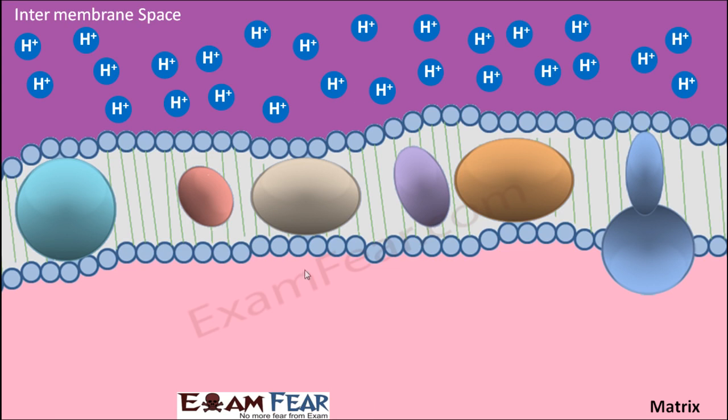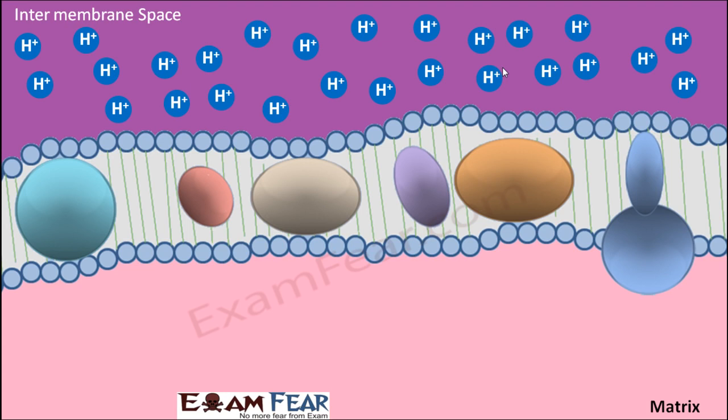How is the concentration of hydrogen ions increasing on this side of the membrane? By 2 ways. One is when NADH binds with complex 1, it releases H plus ions. The second way is when oxygen binds with hydrogen ions and electrons to form a water molecule, some hydrogen ions are left over. Those leftover hydrogen ions are also carried to the intermembrane space. That way the concentration of hydrogen ions on the outside of the membrane, in the intermembrane space, is increasing. So the proton gradient is formed.